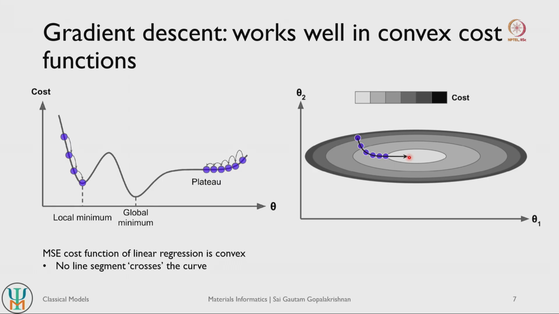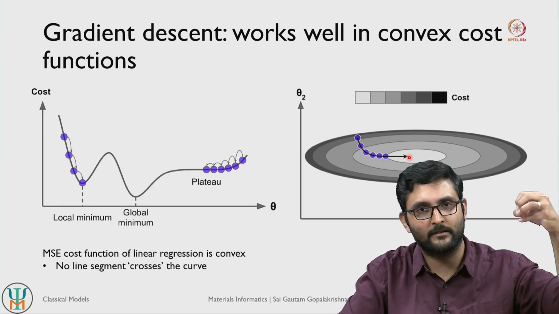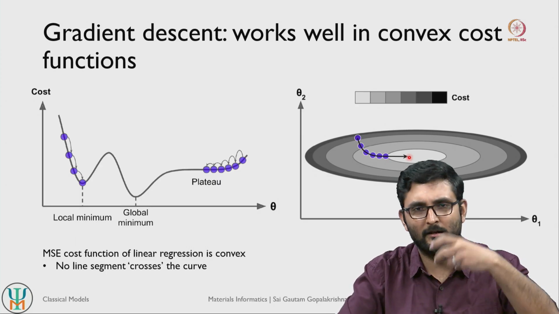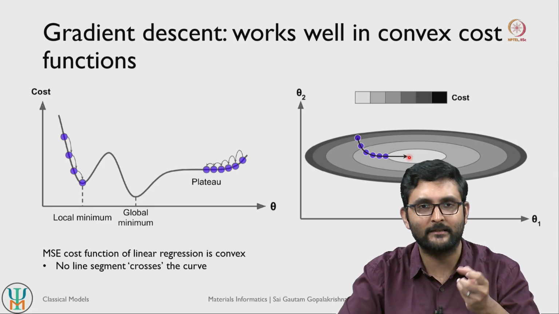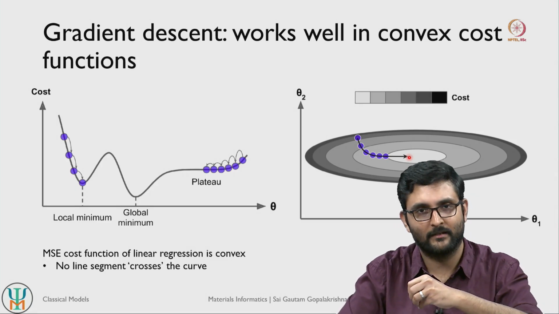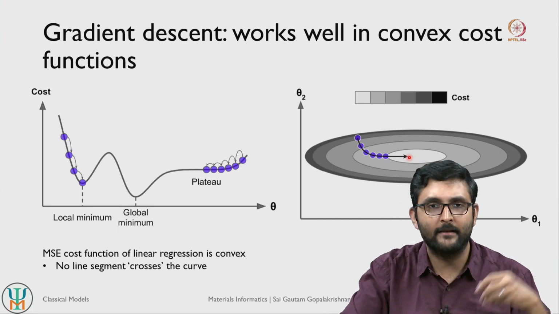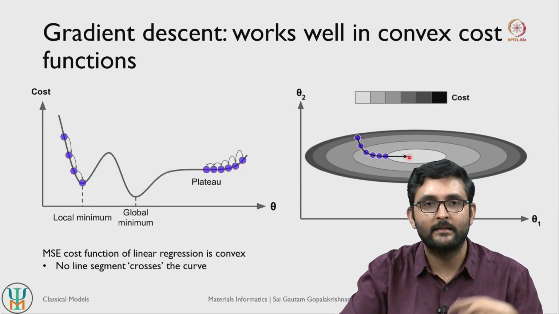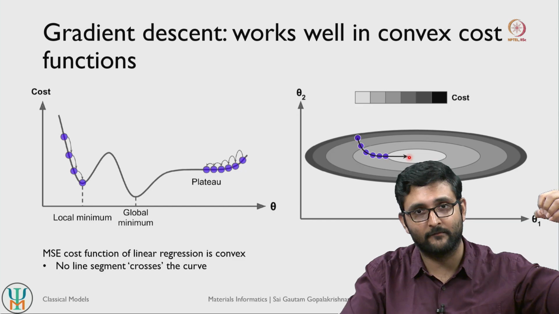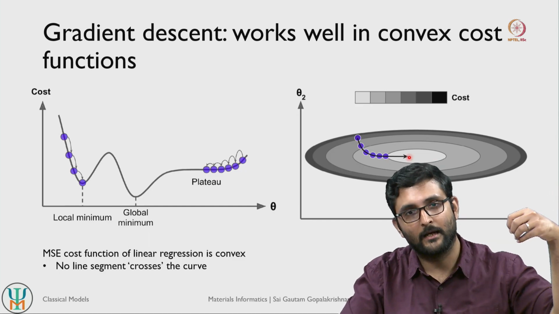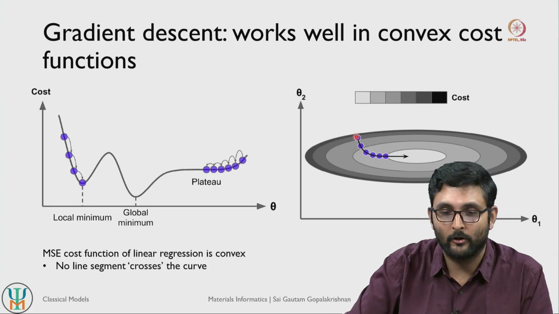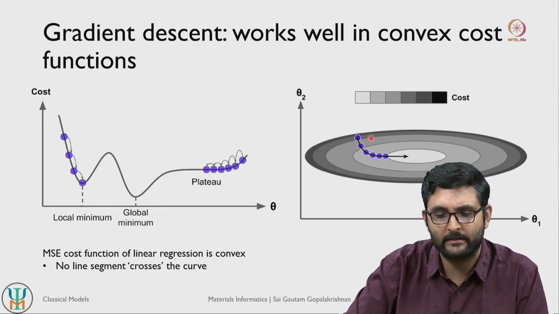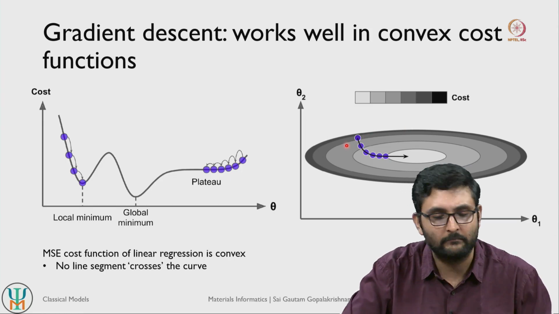So think of it as initializing a ball at the top of a bowl. If you just let the ball roll down the bowl, it will find its minimum position, what we refer to as an equilibrium position in classical mechanics, towards the center of the bowl. It will just find it there and stay there. The reason the ball does this is that it tries to minimize its potential energy, in classical mechanics. Here we are trying to minimize our error, so we start from the edge of the bowl, which has maximum error, and try to get to the center of the bowl, which has the lowest error. So if you have error functions that are these kinds of smooth convex functions, then gradient descent works excellently.